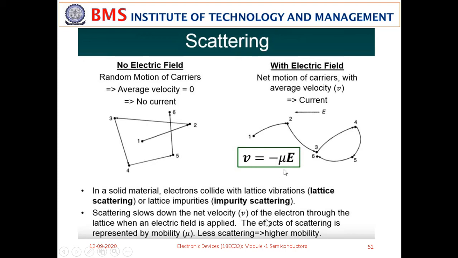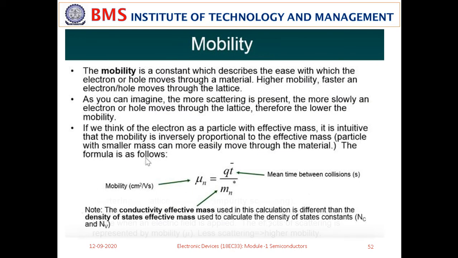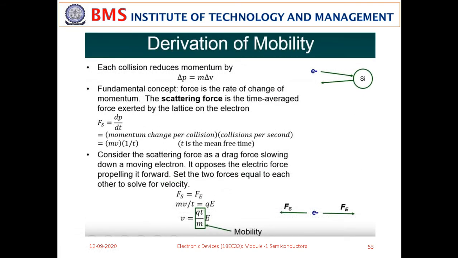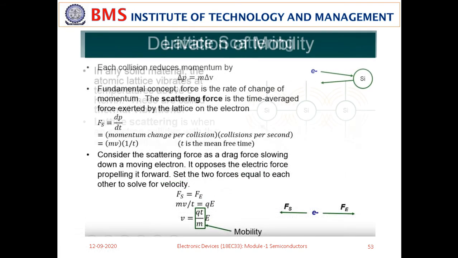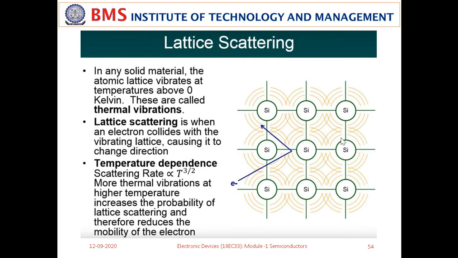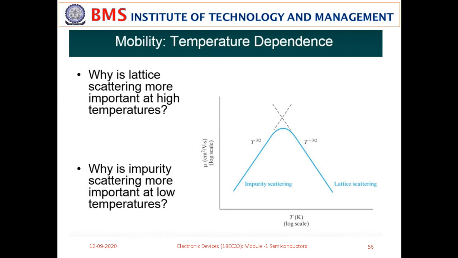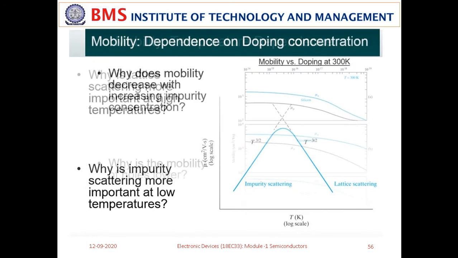Mu is the property of the material. So depending on the material, you will have a different mobility. Silicon, germanium, and other materials have different mobility. These things, mobility and conductivity, we have already discussed, along with the derivations, so I don't want to spend time on that. The effects such as impurity scattering we also discussed in earlier classes, and temperature dependence we discussed last class.